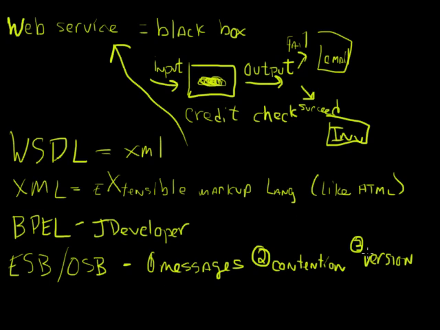An ESB or an OSB allows you to have versioning of web services that are out there, where an ESB will be smart enough to say, okay, if I'm calling credit check and I'm only passing 2 input parameters and I'm expecting 1 output parameter back, I'm probably looking at version 1 of the credit check web service. Version 2 has 6 inputs and 3 outputs. So the ESB can handle those different types of calls without breaking the existing web services that are out there as you actually